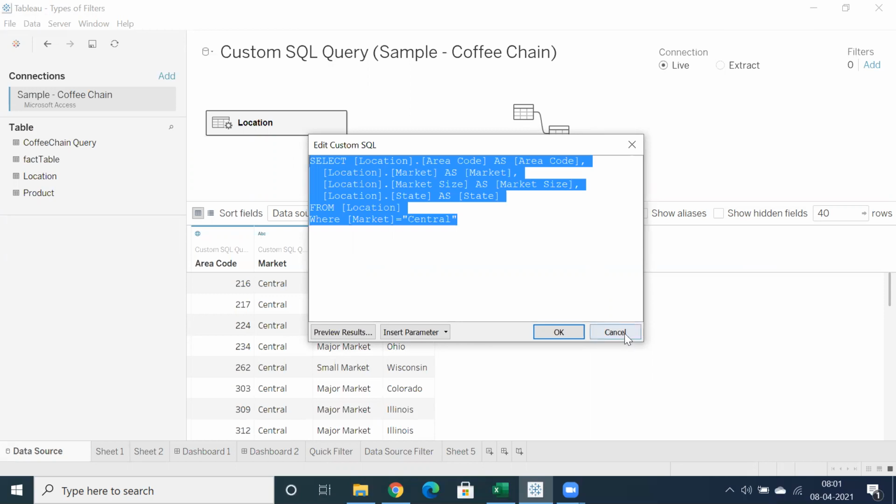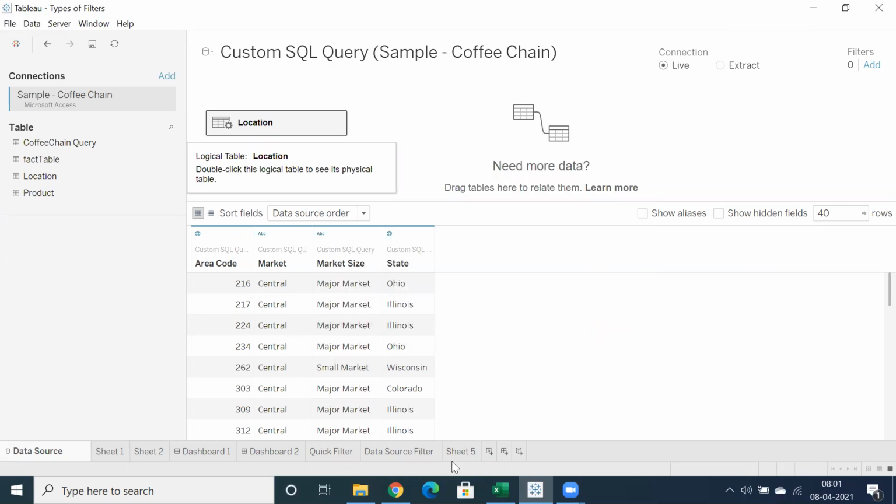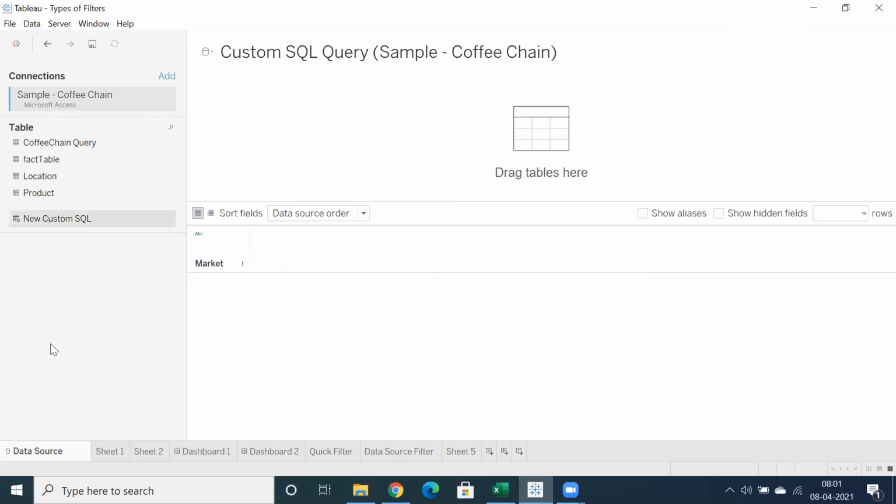But what I mean to say is, when you connect, let's look into this data source. I connected to coffee chain, right? So let's say I remove this. What are you getting? New custom SQL, right? So when you connect to any database, you'll get new custom SQL. That's my point.